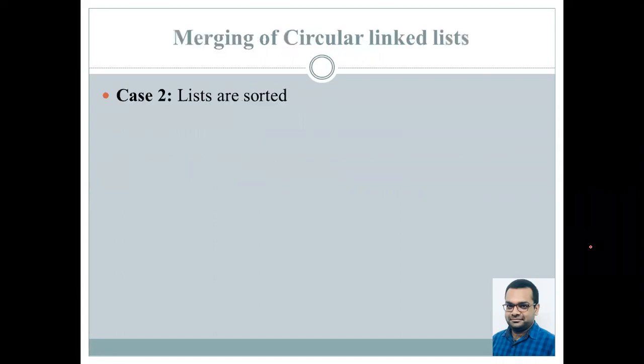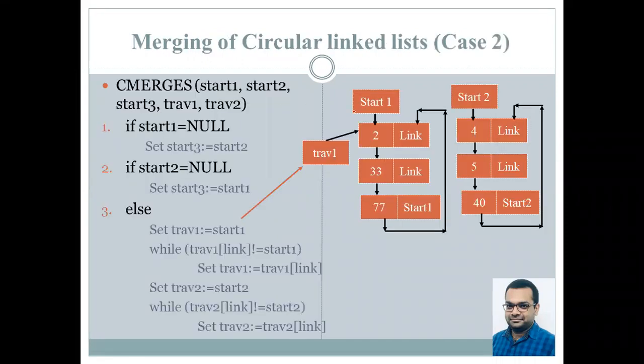Today we'll be talking about merging of the circular linked list when the lists are sorted. Say suppose we are given these two linked lists. As you can see, the nodes occur over here in sorted order. Now the challenge over here is that whenever we are trying to merge the two sorted linked lists and they are circular, every time we remove a node from any of the linked lists, it needs to be ensured that the last node always points back to the first node. So let's see how that is accomplished.